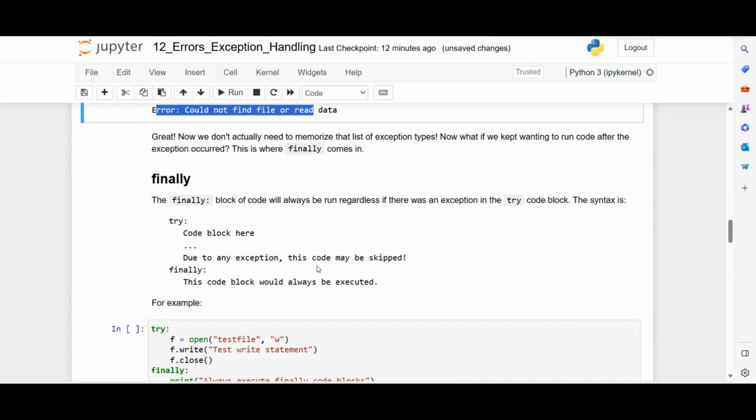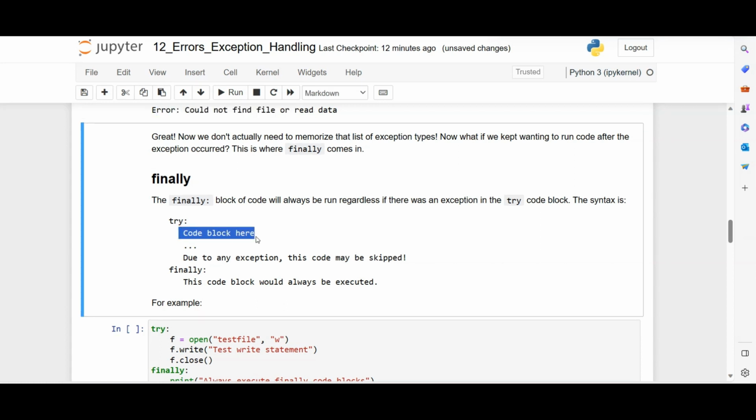And we can also use finally. So the finally block, that means if none of the above exceptions are matched, then the control comes to the finally block. So this is the general syntax. In the try block, the exception is generated, then the interpreter checks for the appropriate exception type, right? If it is matched, then raise the exception, handle the exception. If none of the exceptions are matched, then the control comes to the finally block and the statements of the